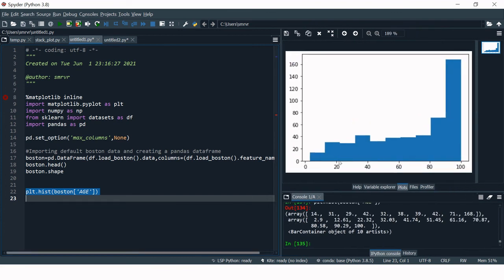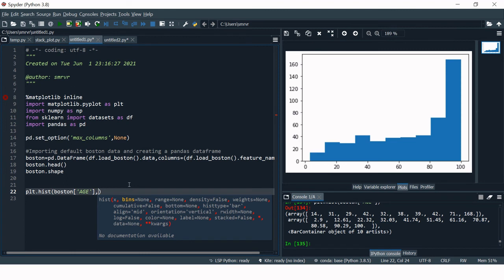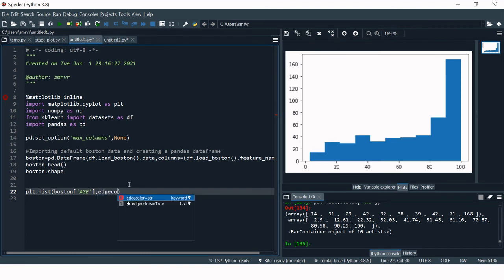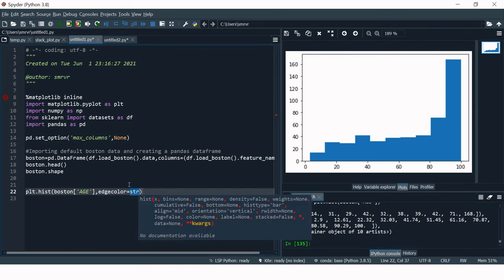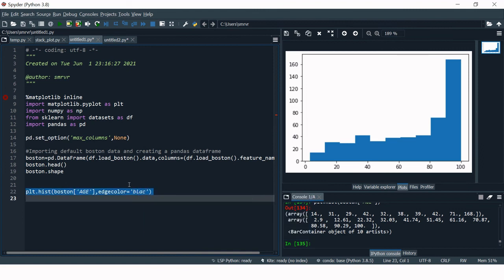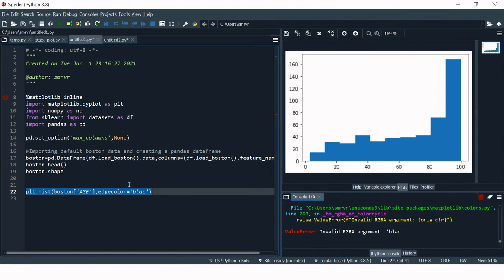All right, so now it is difficult to understand where one column ends. To differentiate that, if you just change the edge color of each bar, then it will help you understand. So let's set the edge color, ec, to black.